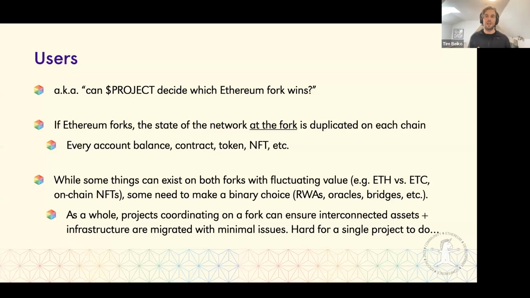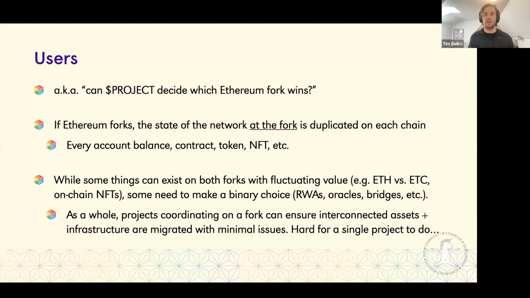If all the metadata is stored on-chain, whether the network forks, the metadata is stored on both sides, that's totally fine. But then there are some assets or projects that actually need to make a choice because they're referring to something that's not fully encapsulated within Ethereum, and therefore they need to choose where this pointer is going to point. So think of something like real world assets, including stablecoins, right? There's $1 in a bank. If there are two forks, they need to make a decision of which of those forks can redeem for $1.